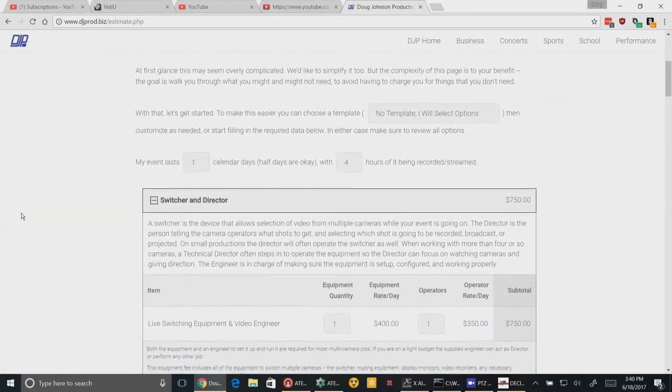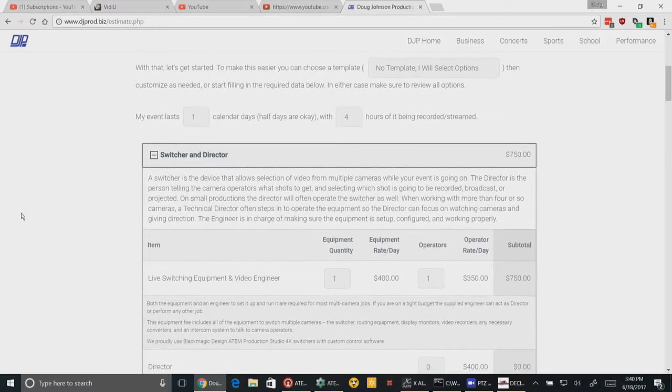So this is a calculator, and this is actually what I use when I'm doing bids on jobs. I don't necessarily just send clients here. I also use it myself. So for example, what was his example? He said